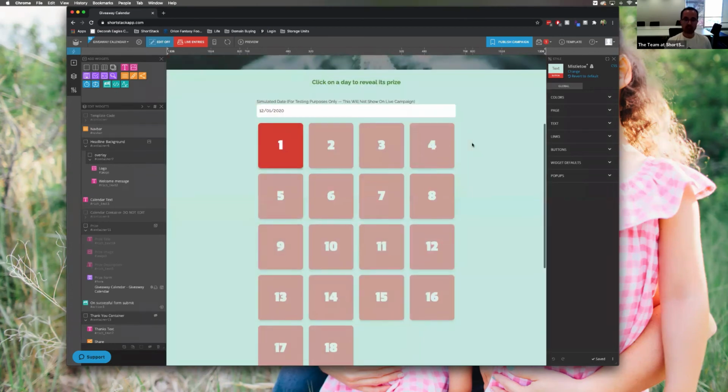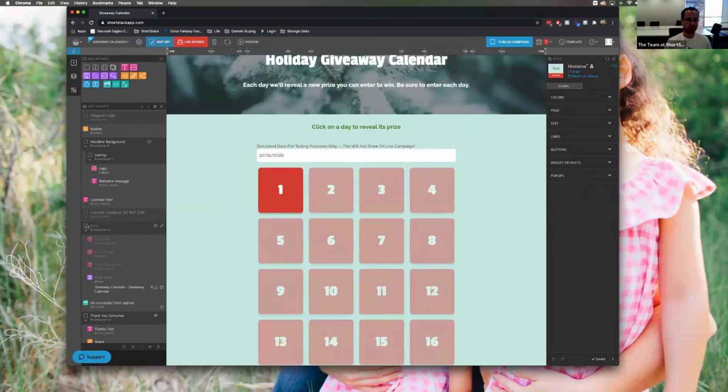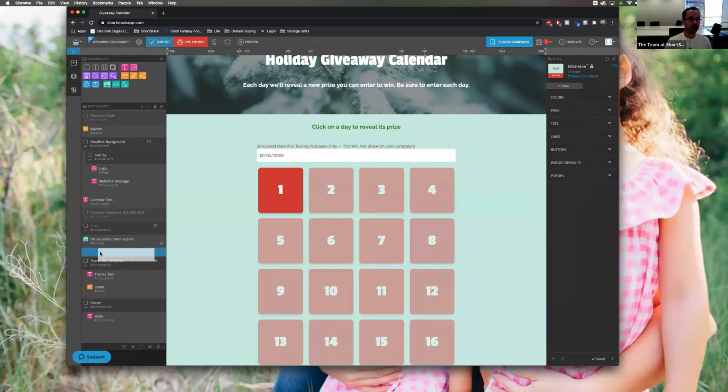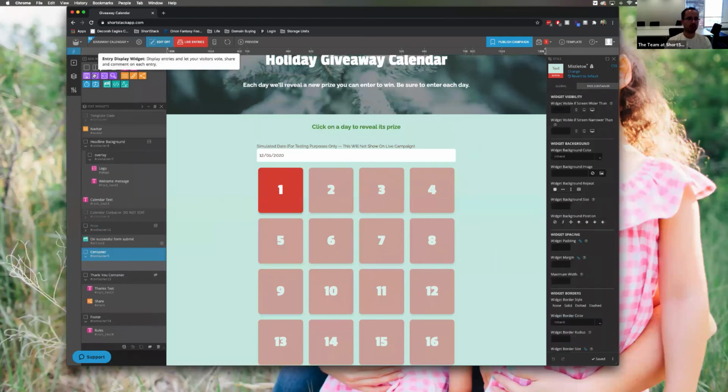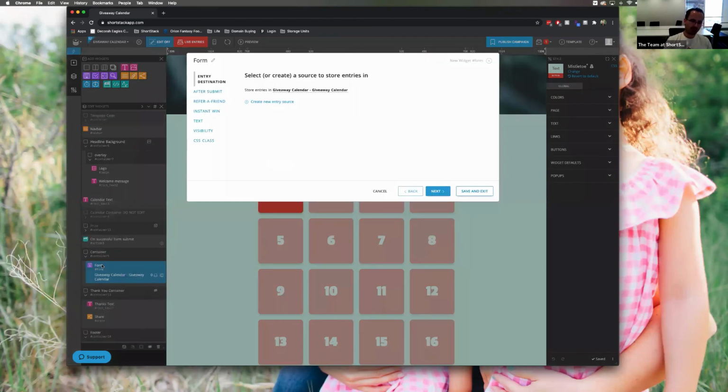Now, for the form itself, to finish answering your question, what you can do is you would add your form. Let's just do this real quick. So what I'm doing is I'm adding a container, and I'm going to add a form. Now, with our forms,